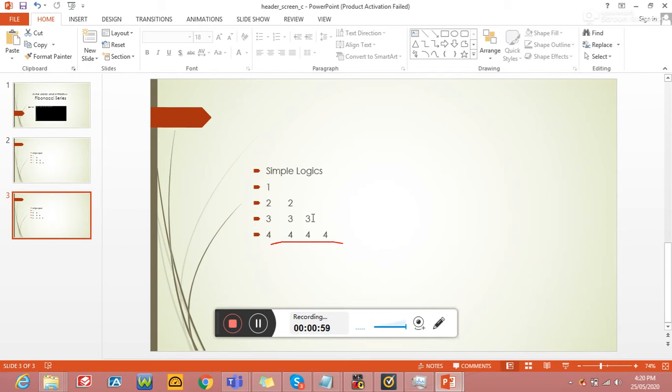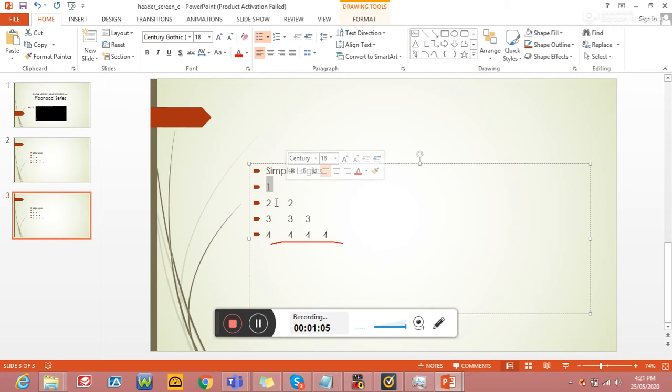So coming to this place, if you observe, in the first row it shows 1, and in the second row it shows two values. These two values are the same, 2. It represents the row number. Coming to the third row it shows 3 three times, and the fourth row it shows 4 four times, like this. So how to develop these programs?